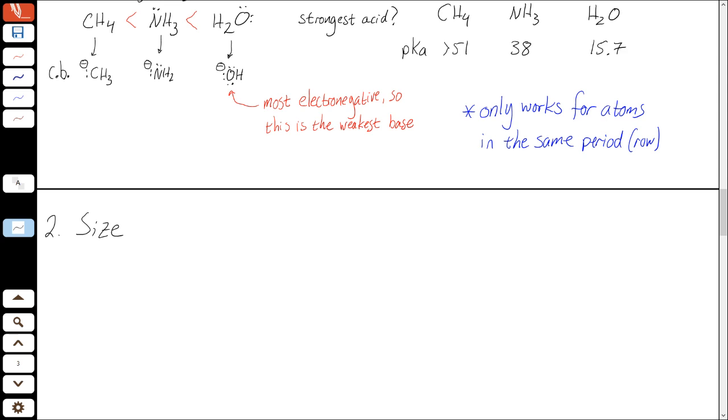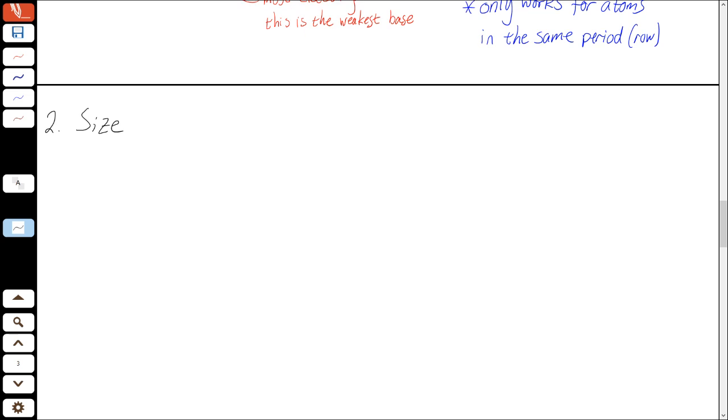So another effect on stability of a negative charge, actually the next couple that we're going to look at, is how well can the negative charge in that conjugate base be delocalized, be spread out. A negative charge that's very, very concentrated in one little spot is much less stable than a negative charge that's spread out over a large area, which kind of makes intuitive sense. If you spread out the charge, it's more stable. So there's a couple ways we're going to look at what we call spreading out the charge. And the first is the simplest, just the size. If you have a negative charge